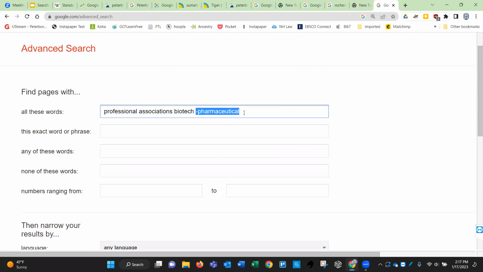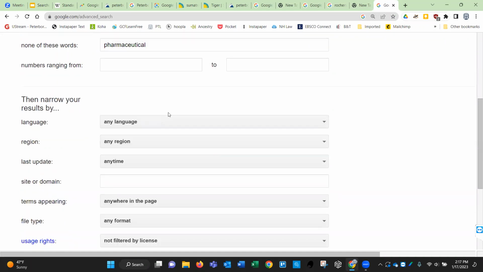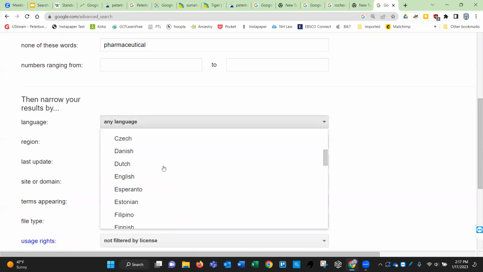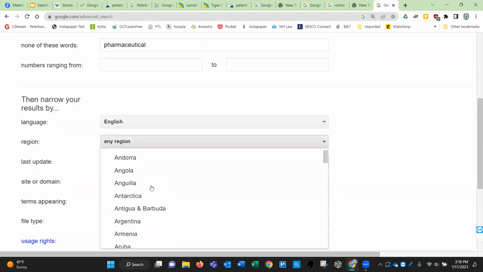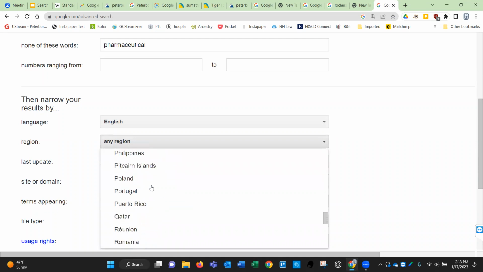and then any of these words, none of these words, we don't want pharmaceutical in there. And then language, we're going to go with English. Any region, we generally want to just stick with the United States.